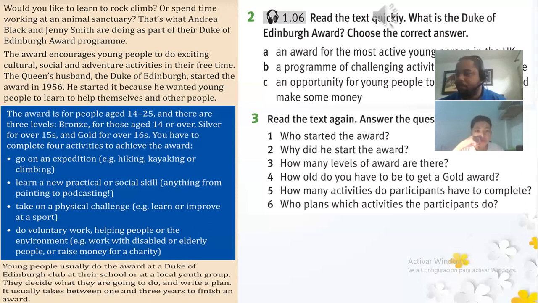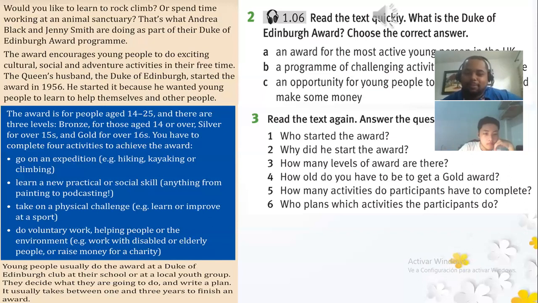You have to complete 4 activities to achieve the award. Go on an expedition, for example, hiking, kayaking or climbing. Learn a new practical or social skill, anything from painting to podcasting. Take on a physical challenge, for example, learn or improve at a sport.